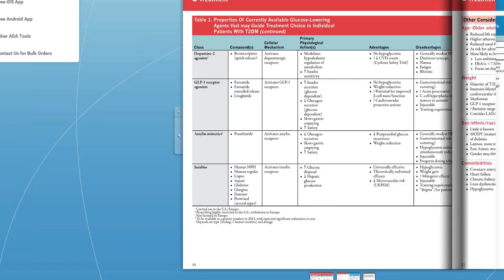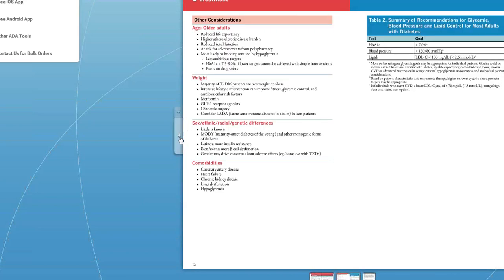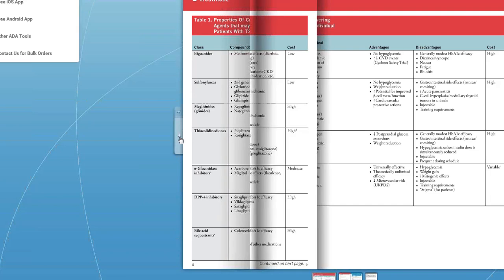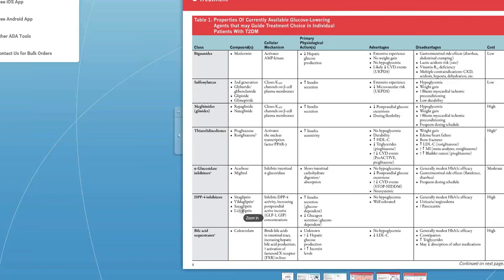And then you have the DPP4s. Are those even on here? Did we see those? Oh, here they are. Okay. So DPP4s are Januvia and Tradjenta. Okay, these are the brand names. I use mostly Januvia and Tradjenta, and they work by increasing insulin secretion, and they decrease glucagon secretion. So they're working on a different area, and they work really nicely.